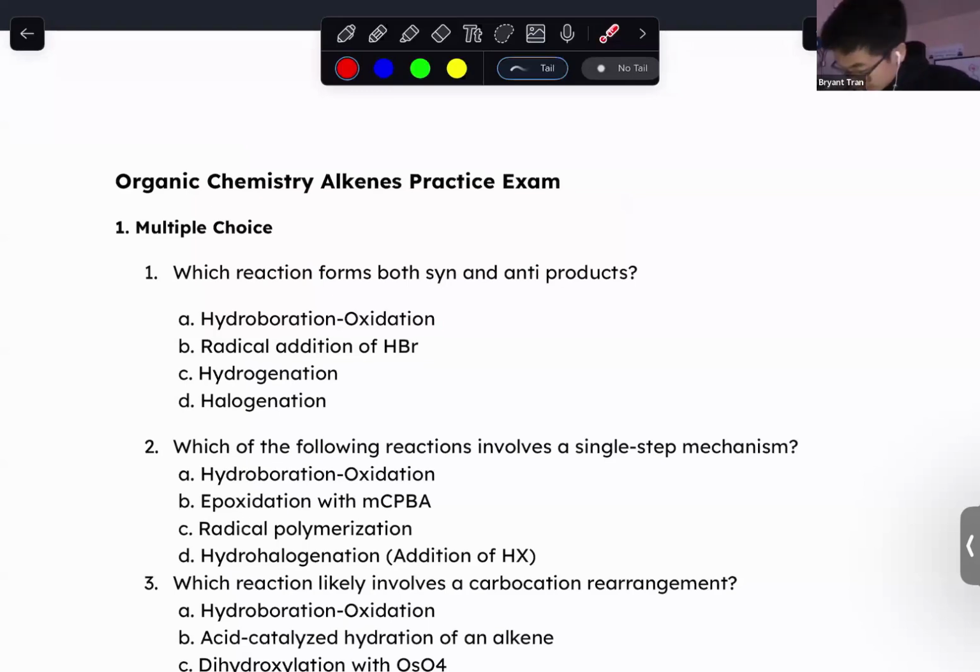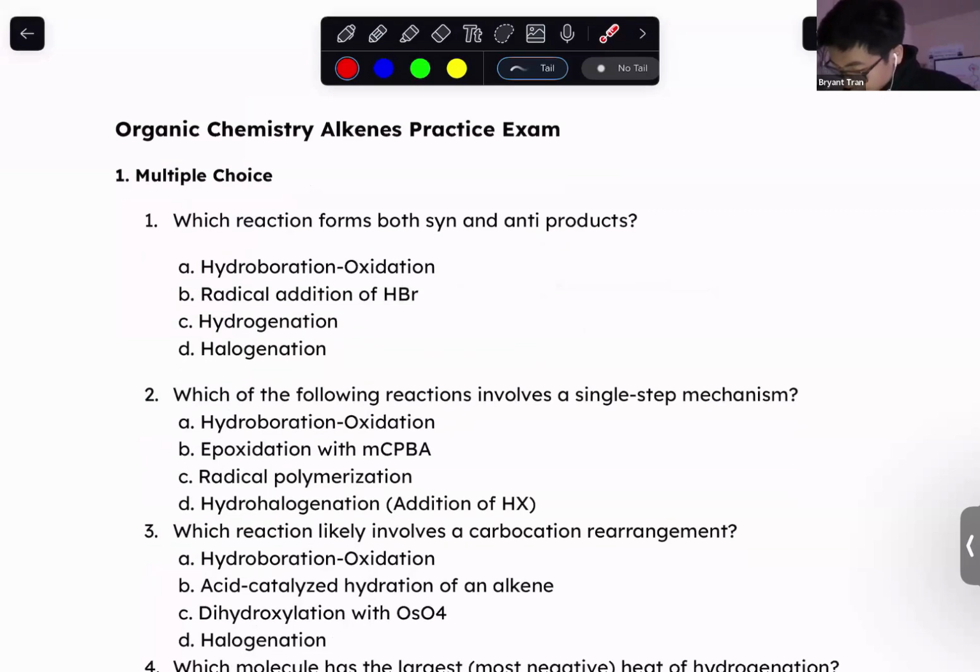So first question, which reaction forms both the syn and anti products? Do you guys have an idea of what the answer here would be? So, A, B, C, D. So we could go down each one. Hydroboration oxidation, that would be